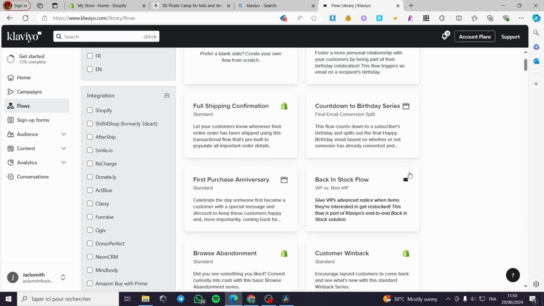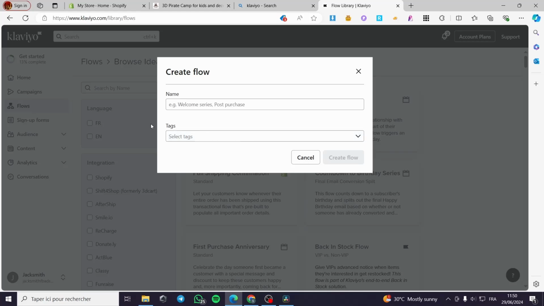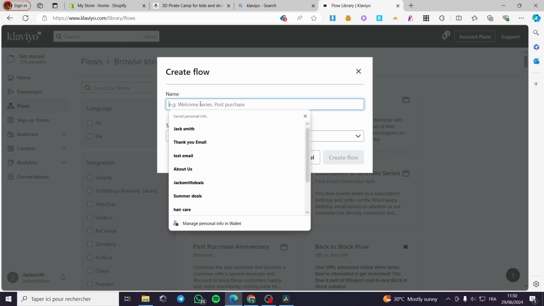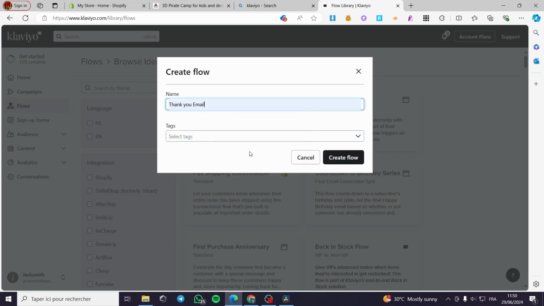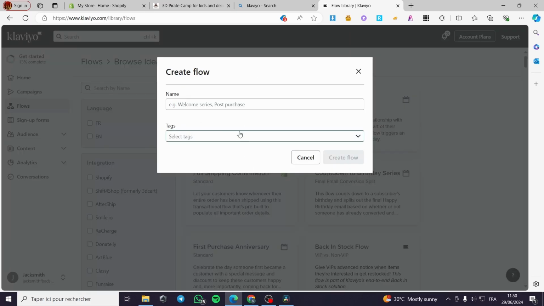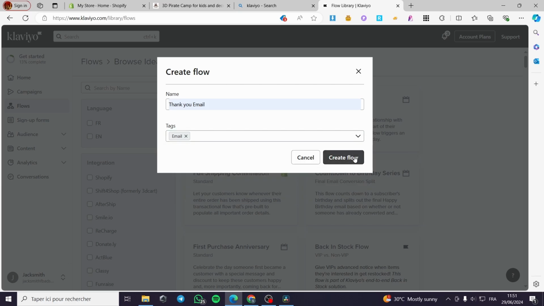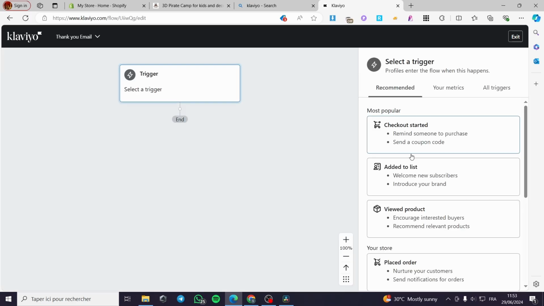I'm going to set up a standard flow. Let's say that we are going to create it from scratch. Here we have the name. I'm going to put here thank you email. Tags, put email. And here we have it. We are going to create that flow, and we are going to select the emails and also the duration that it will take for that email to go. First thing first,